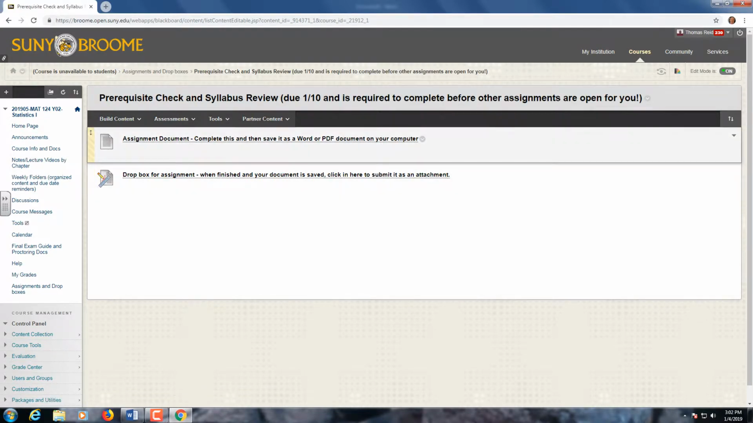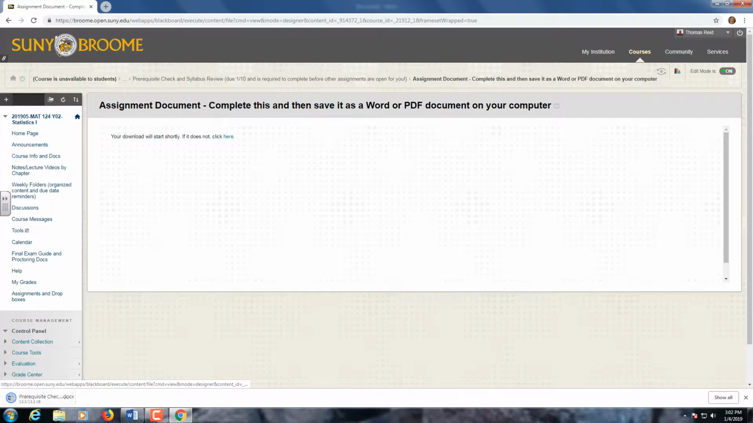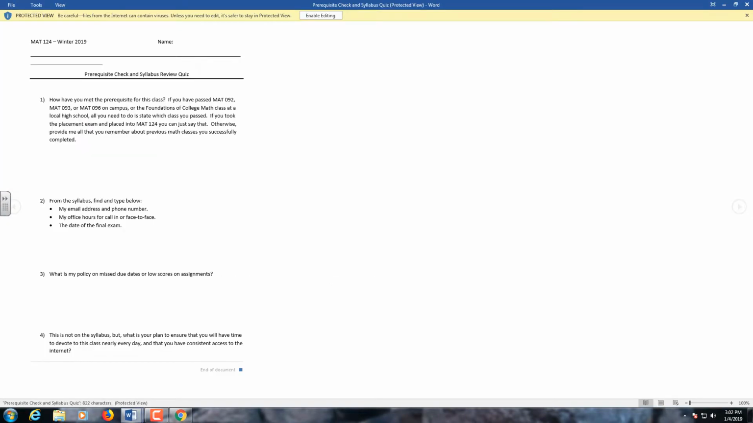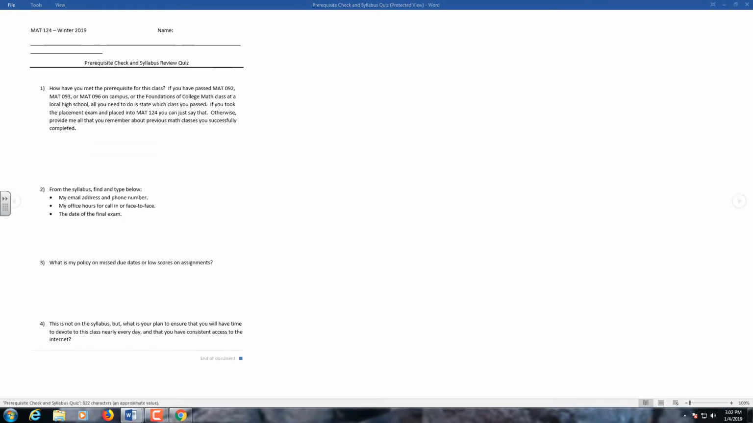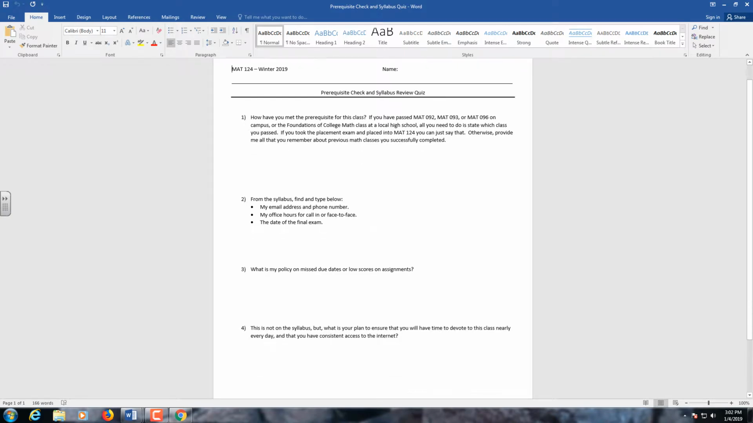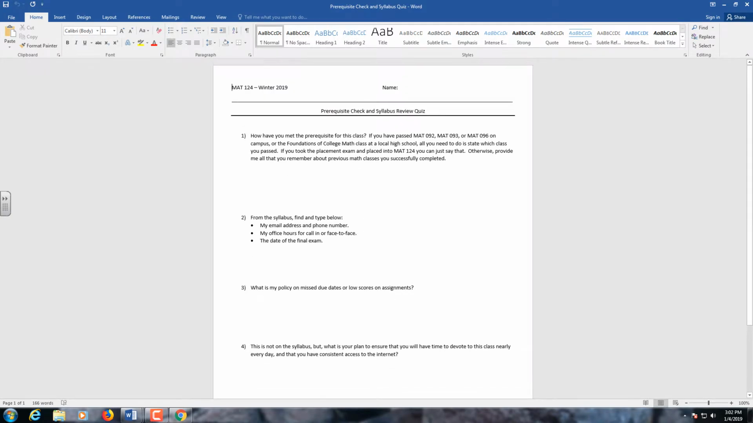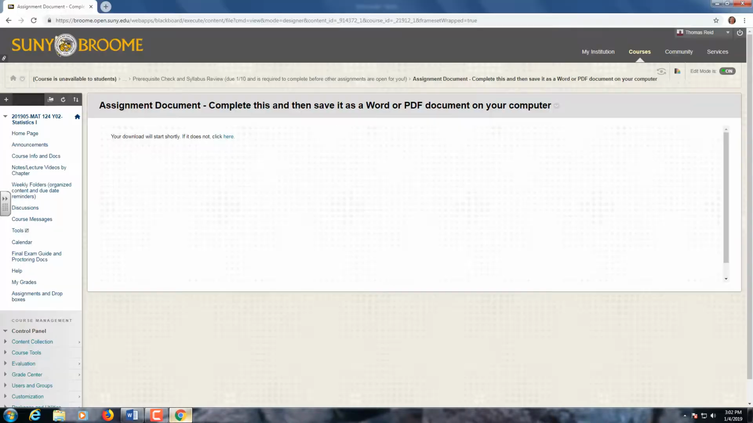For some of them there will be extra directions, but for some of them just the document itself. Here the document is just a few questions about your math background and then a couple questions about the syllabus to make sure you've checked it out. And you can just type in your answers, and when you're done, save it to your computer. Once it's saved to your computer, that's when you go into this drop box